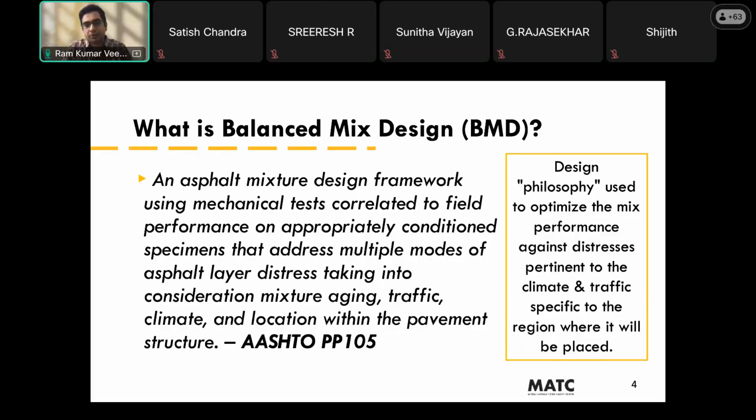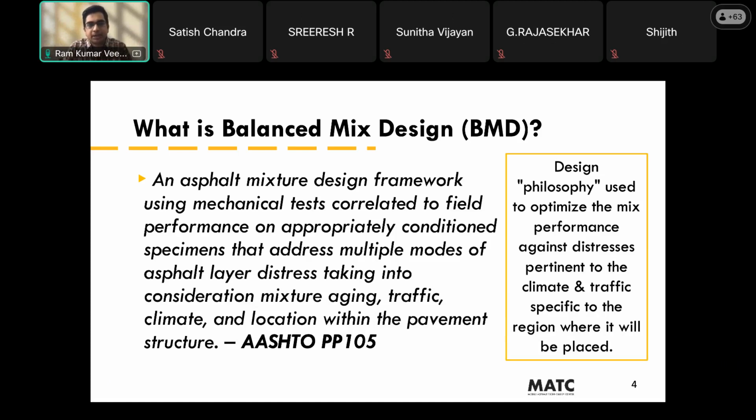to field performance on appropriately conditioned specimens. So this balanced mix design addresses multiple modes of asphalt layer distresses, considering the mixture aging, the traffic conditions, climatic conditions, and the pavement location where it's being placed. So the key takeaway from this